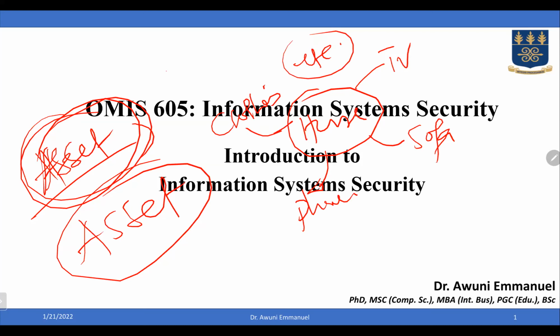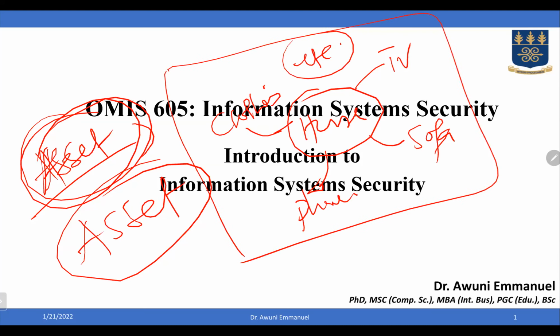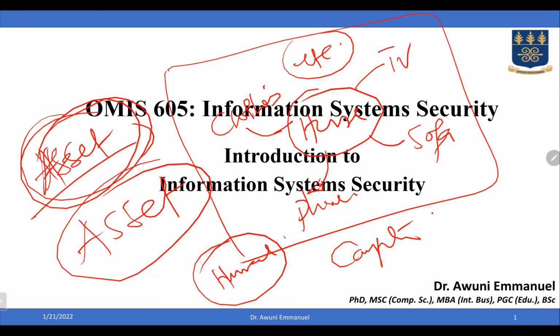All right. Now, this is an asset when we consider our various homes. Now, let's move from our homes to a business organization, a bank, for instance. If you look at the bank, what are some of the assets or resources of a bank that you can think of? Here, of course, the bank may have computers running. Even the people working in the organization are all resources. They are all assets.